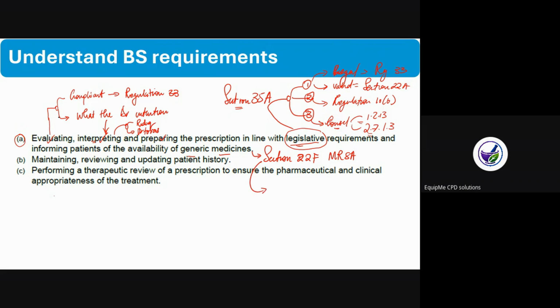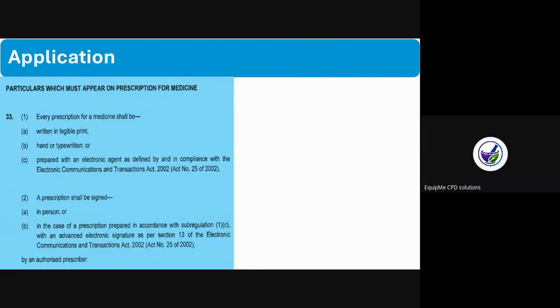Here, maybe you can speak of developing a checklist that you're going to use, and then include that you showed that you did apply the requirement of this, and then you've added it as part of your evidence. Okay. So now, talking about how I then applied. Let's say that I want to show the assessor that I applied regulation 33 of the Medicines and Related Substance Control Act. First of all, please read your regulations. Even if you're using someone else's work, please read the regulation.